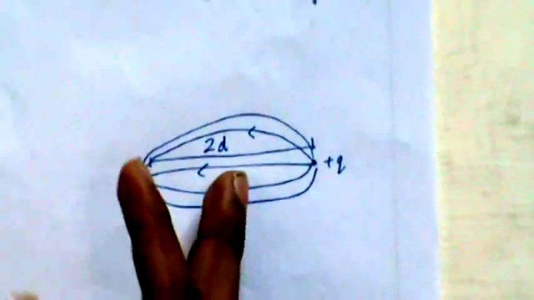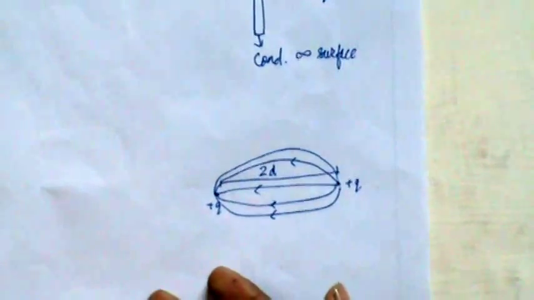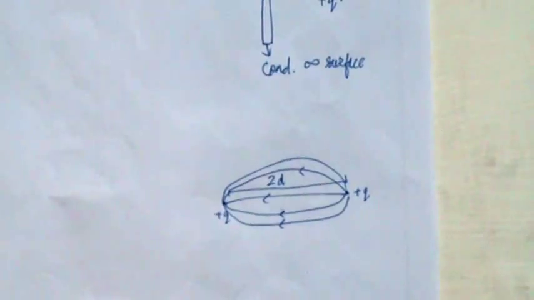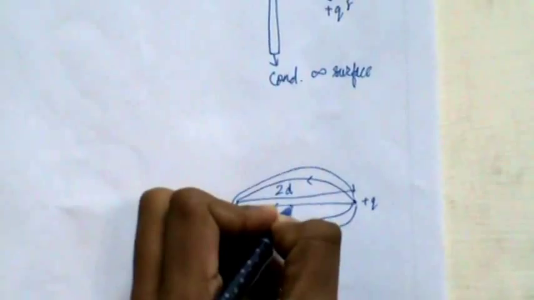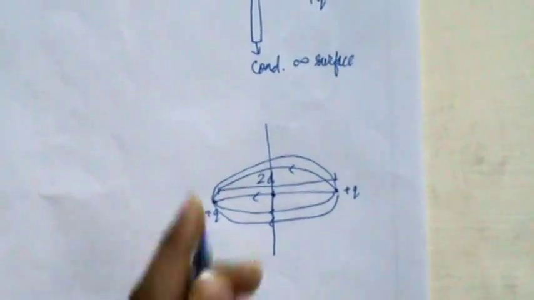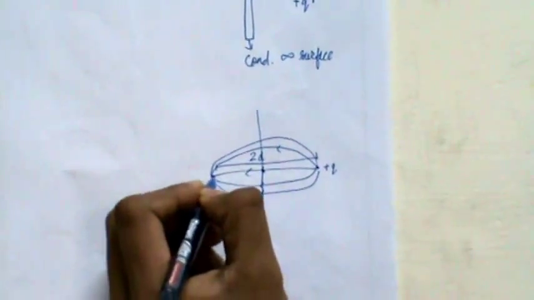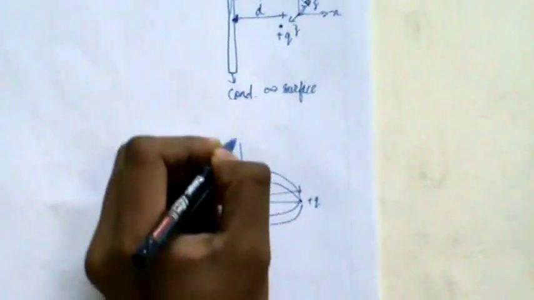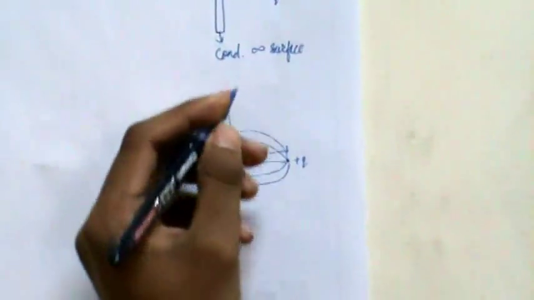What we can find from this charge distribution, this electric field lines distribution, is that if you want to find an equipotential surface, you just take a line like this passing through the midpoint of these two, perpendicular to the line joining. I'll repeat. You take any line passing through the midpoint of these two and perpendicular to the line joining the two charges. Okay. So if you take any line like this and extend it to wherever you want, like infinity